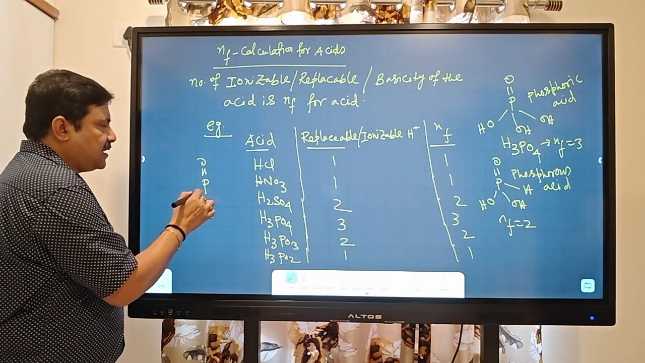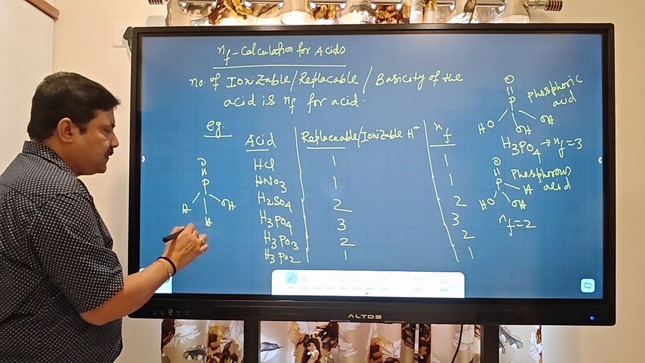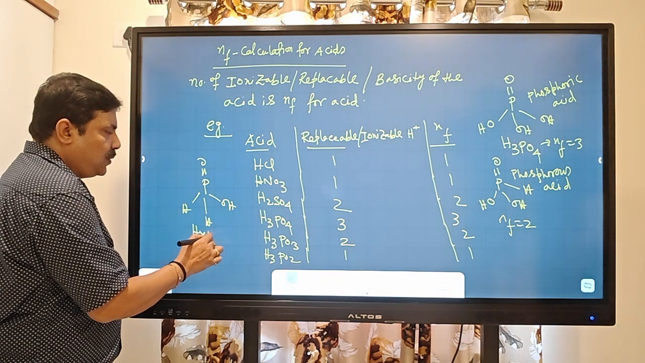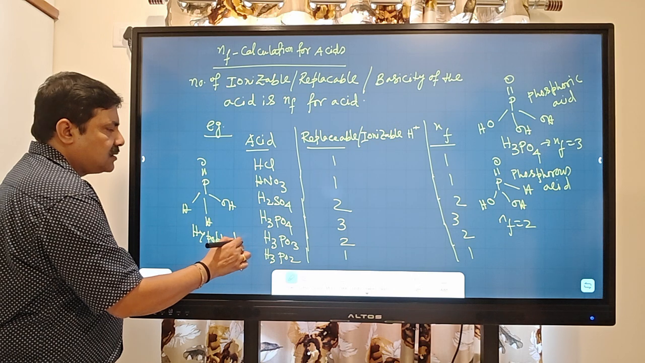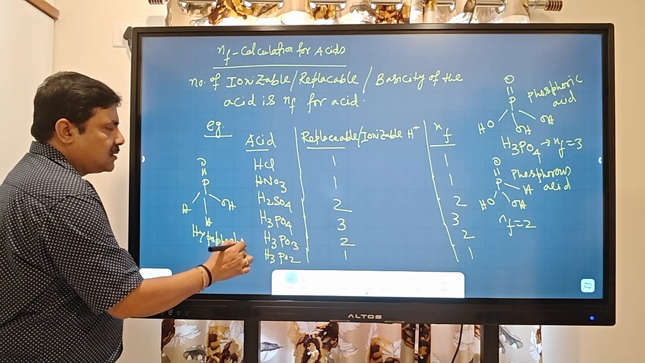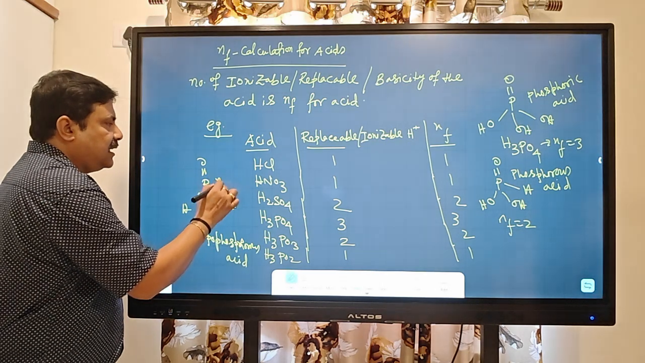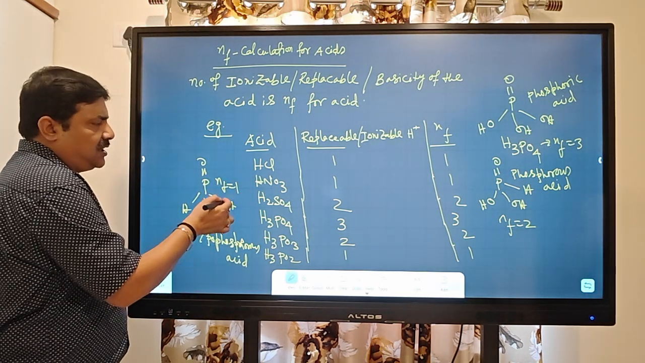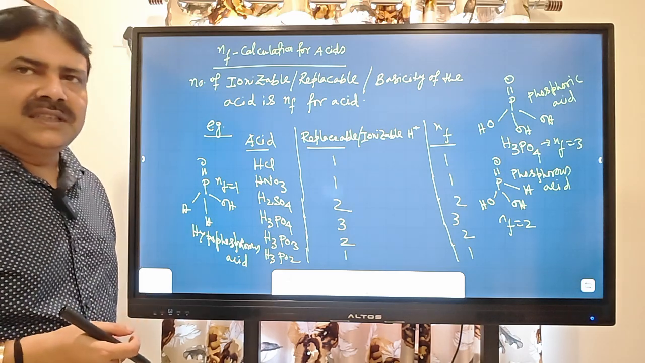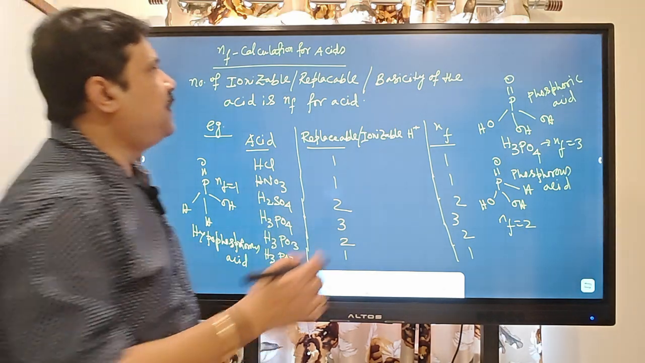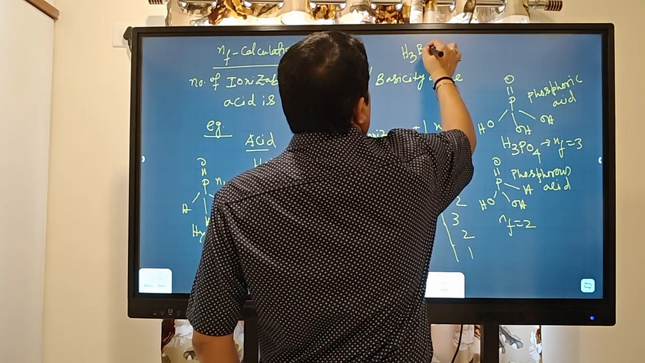Now if you look at the H3PO2 structure, this is hypophosphorus acid. Here the N factor equals 1, because only one hydrogen is attached with the oxygen, which is ionizable and replaceable. That is the idea. Now if I give you H3BO3, boric acid,